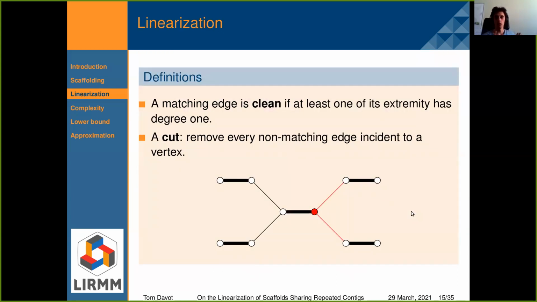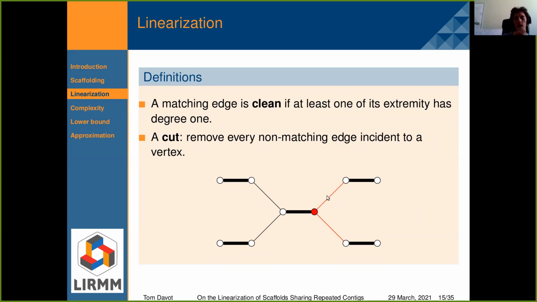So a few definitions before I present the problem. A matching edge is clean if at least one of its extremities has degree 1. And we say that we cut a vertex, we do a cut, if we remove every non-matching edge incident to a single vertex.